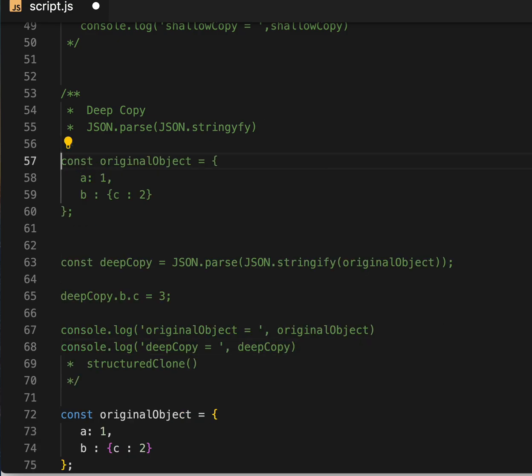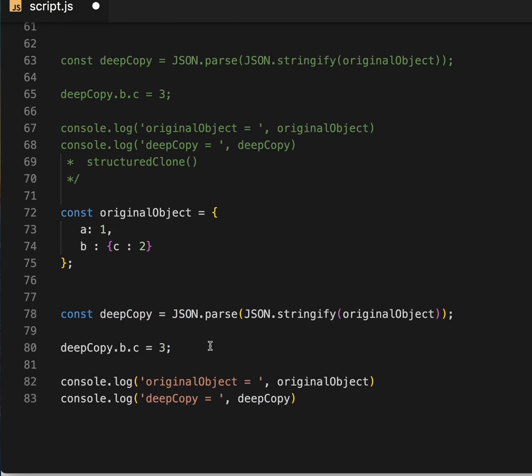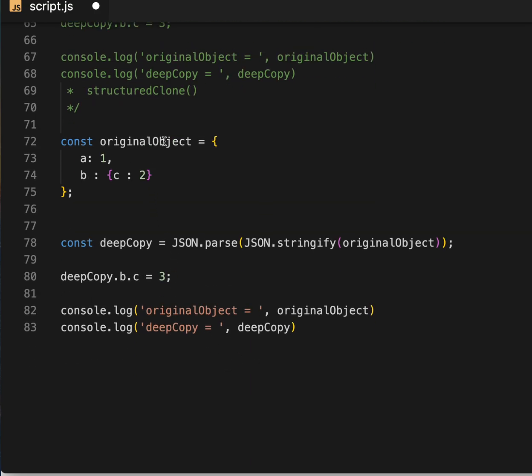Let's try the structuredClone method for deep copy, recently added by the Chrome engine. Say we have an original object here. We can do similar stuff. Let's not do any operation, just copy here.